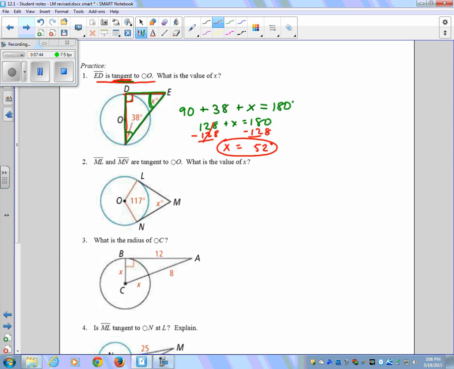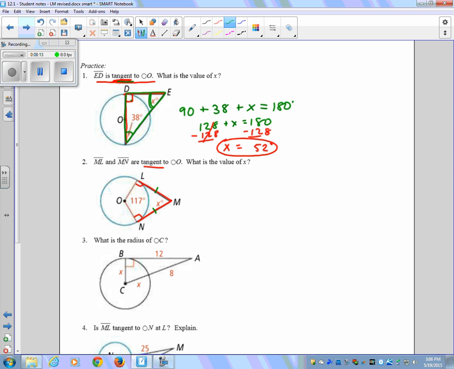Okay, let's look at number 2. ML and MN are tangent to the circle. So now we've got two segments that are tangent to the circle. See the word tangent and think right angles. So we can mark those to be right angles. What's the value of x? We also, in this situation, we could mark these congruent. It doesn't end up helping us solve the problem, but we could mark them congruent because of that second concept,